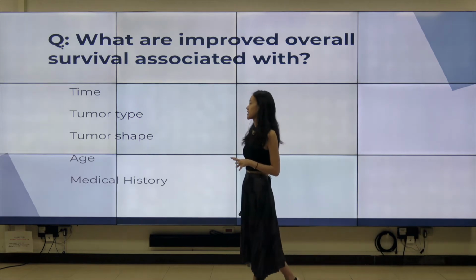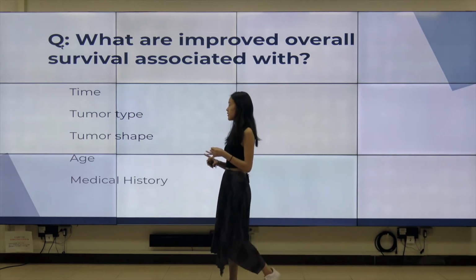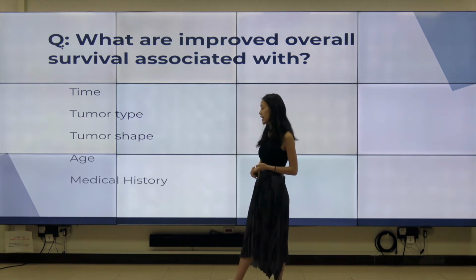So in simple terms, a lot of times we would consider time, tumor type, tumor shape, your age, and your medical history. What I mean by each of these is, for example, time: from when did you find, for example, an early detection of this tumor, or would it be a late detection of this tumor? This time frame is actually very, very important because your tumor can turn from something that was benign to something that's malignant. It could be a tumor that was originally very small, something that could have been operated on and taken out completely, to something that turned into a tumor that spreads throughout the body with time.